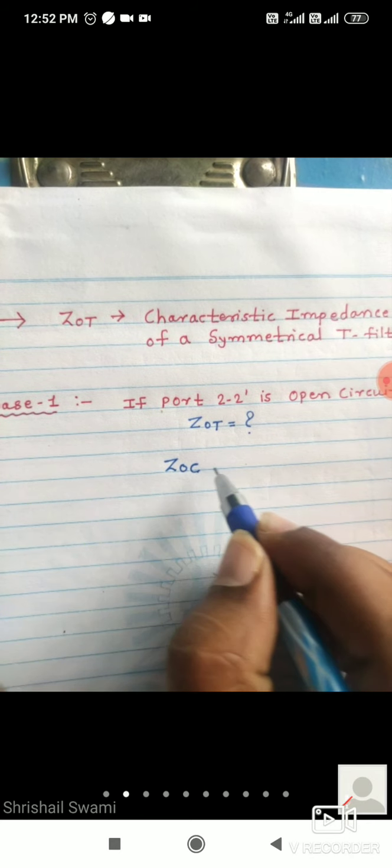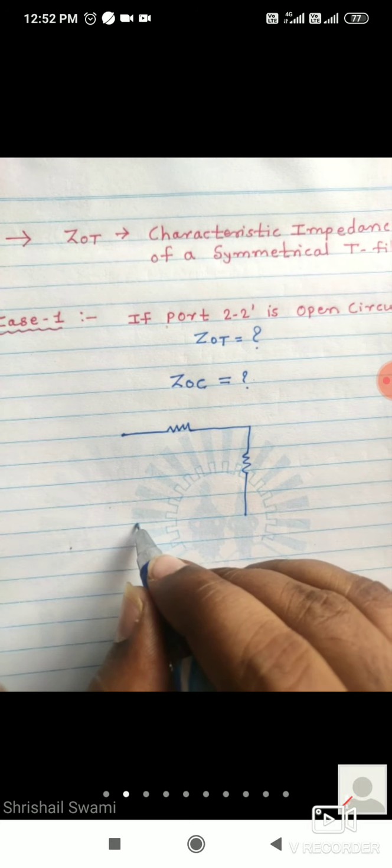ओके, आता कॅल्क्युलेट काय करायचं? ZOC म्हणजे ओपन सर्किट. So how to get the answer? See the diagram. Z0 तुम्हाला आता काढून टाकायचं आहे, ओपन करायचं आहे. If it is open, Z1 by 2 is not required only. So I will draw the diagram. You have to find out this one. So diagram will be like this. हा तर इकडचं ओपन आहे. If it is open, then only Z1 by 2, and this is the Z2, 1 dash.